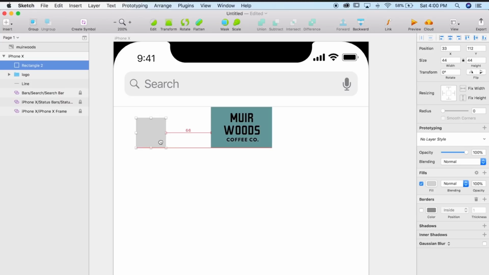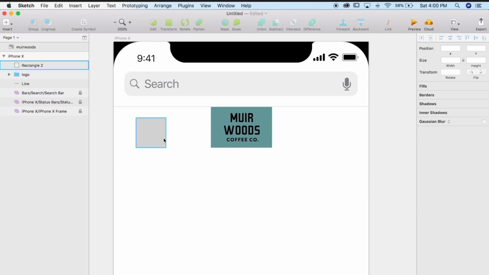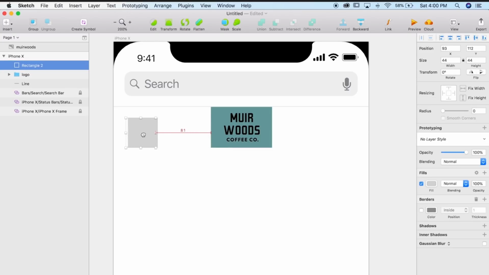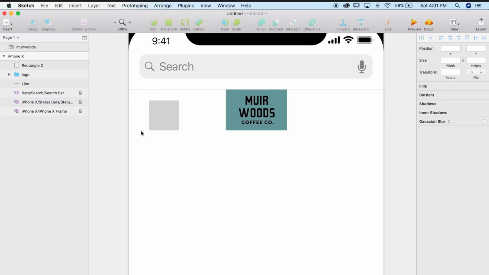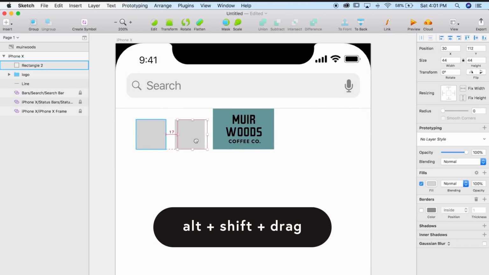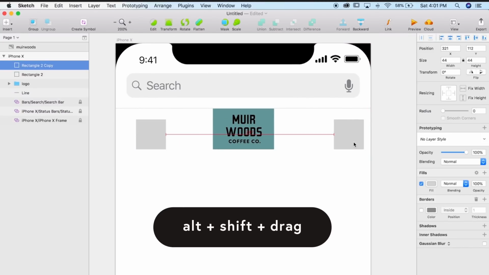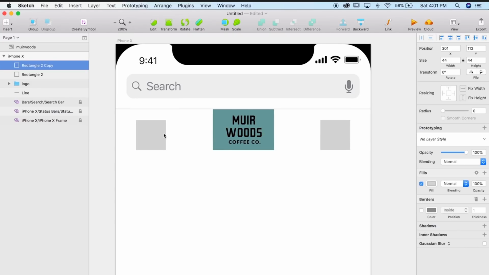So I like to make a square that's 44 pixels, just so I roughly know the spacing around it is clear. And I'm going to line it up to this logo, making sure it's flush on the bottom. So let's line it up to the edge right here and go over 1, 2, 3, holding shift. So that's 30 pixels from the edge. That'll be our gutters on the side. And I'll duplicate this over here, go to the edge, 1, 2, 3, holding shift.